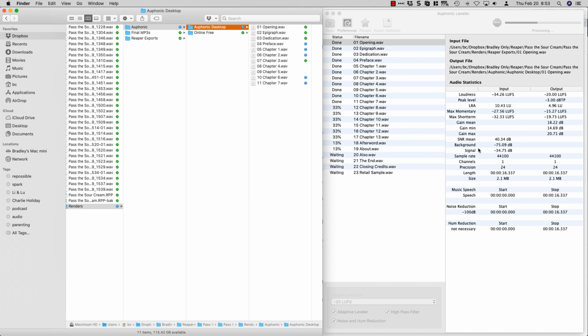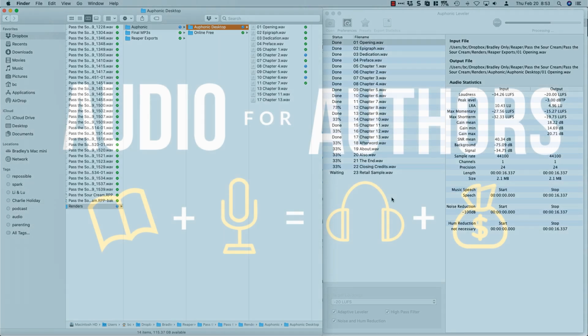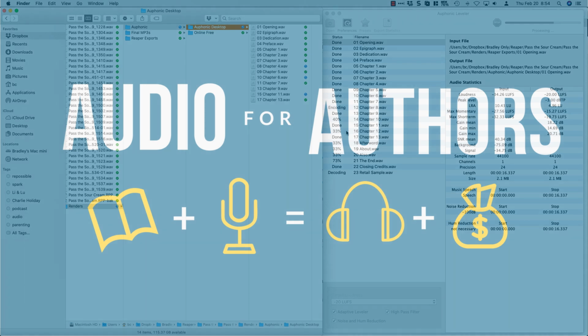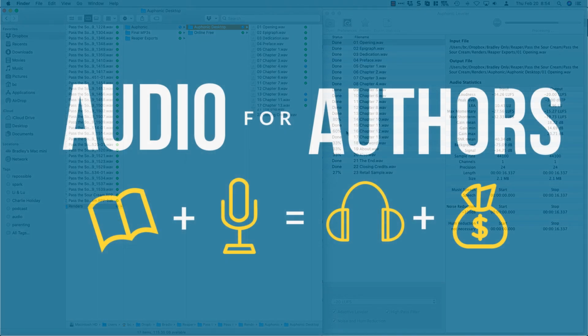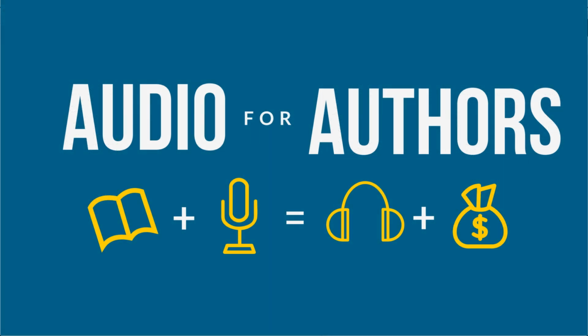And the peak level was, I don't know, unknown, and now it's where it's supposed to be. So it's fixing all the stuff to get us into ACX, and we should be good. And the next thing we're going to do is test whether or not that's really true. Look at that. And in what, a minute, it's half done. Remember, I have about 20-25 minutes of audio, so you think this is pretty fast stuff. And if it takes longer for your long book, go get a cup of tea. All right, we're moving on. We just did Auphonic processing with the desktop version for $89.